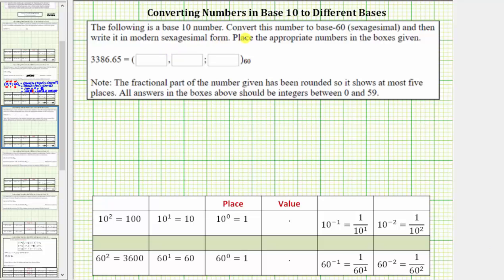The following is a base 10 number. Convert this number to base 60 and then write it in modern sexagesimal form. Place the appropriate numbers in the boxes given. We are given the base 10 number